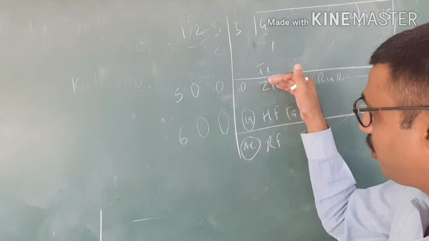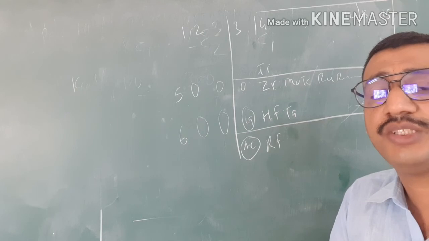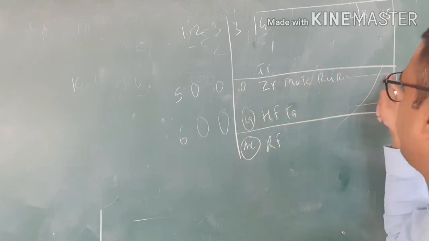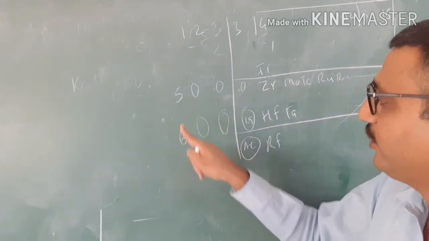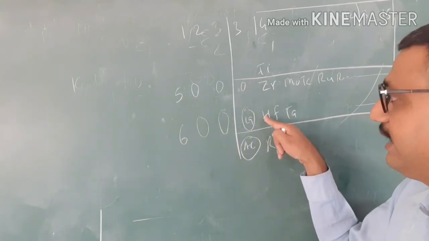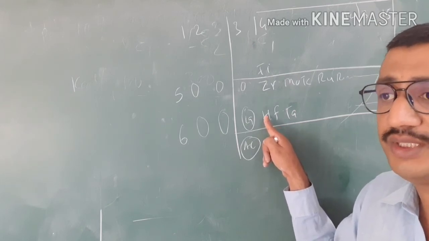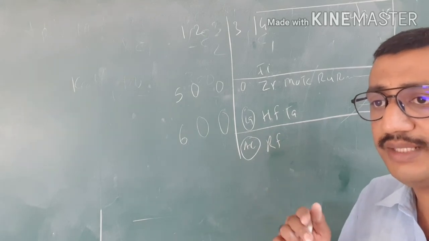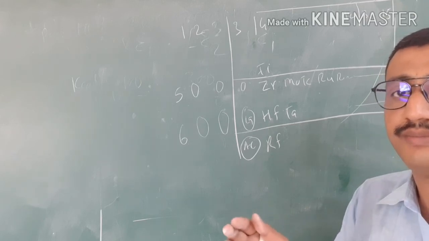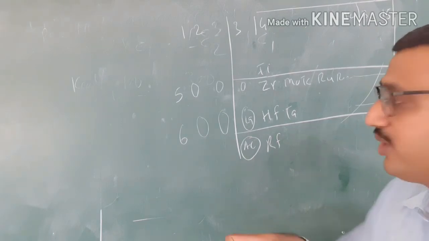The main point is that from top to bottom in a group, we expect the ionization potential value to decrease, but we are not seeing this decrease here, from group number 3 to group number 15 and from period number 5 to period number 6. Here, from 5 to 6, we are not observing that decrease in ionization potential value. Why? Because the inner electrons are filled in an f subshell, and that's why the atomic size does not increase much, and electrons are pulled nearer to the nucleus, so more energy is required.